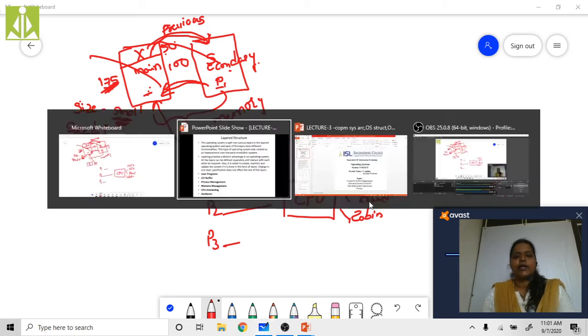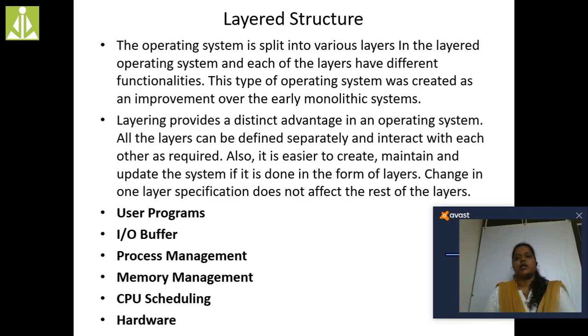And the last one is the hardware. So what are the hardware parts? As we all know, mouse, keyboard, pen drives, scanners, all this comes under the hardware part. Speakers. So which process has to be accommodated to which hardware part, which is requesting which hardware part, everything we are going to see in the hardware layer.